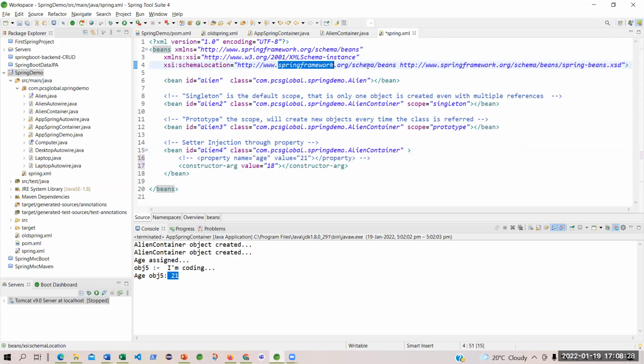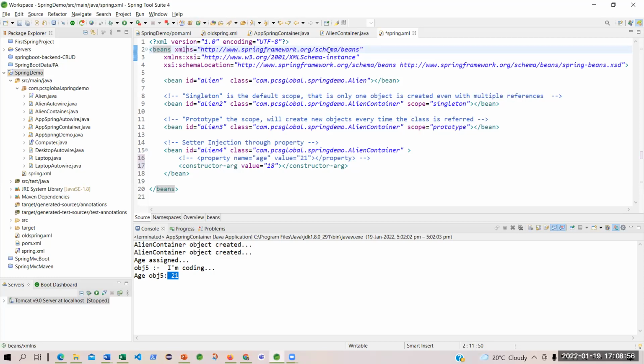And the schema. So you will find that the XML system design has been given by Spring Beans. It is using a schema of beans defined by Spring Framework. Everything has a meaning, and this is an XML namespace.